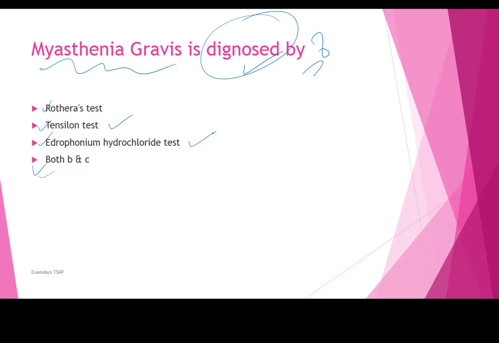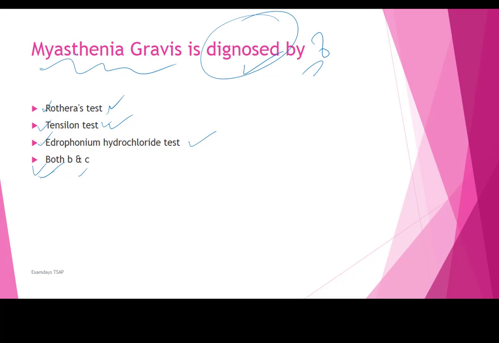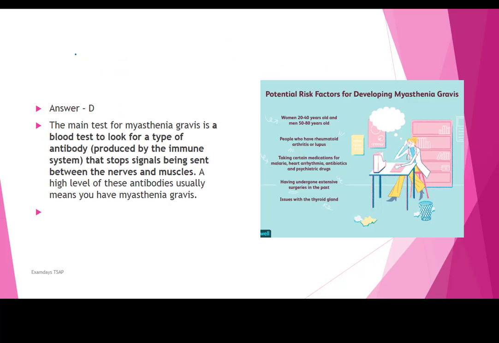Myasthenia gravis is diagnosed by: A, Rotheria test; B, Tensilon test; C, edrophonium hydrochloride test; and D, both B and C. The answer is option D, both the Tensilon as well as the edrophonium hydrochloride test. So here is the main test for